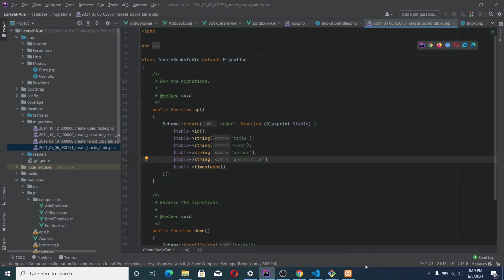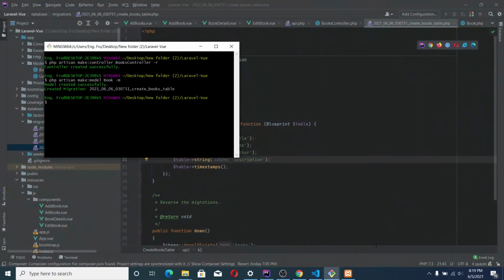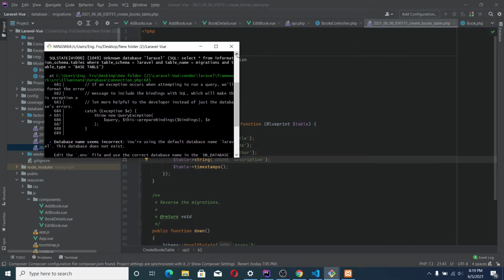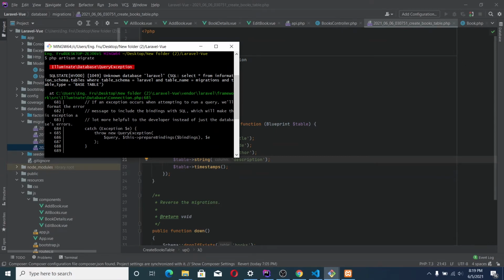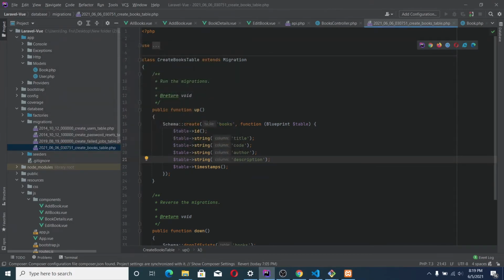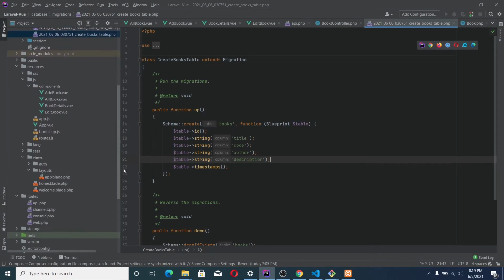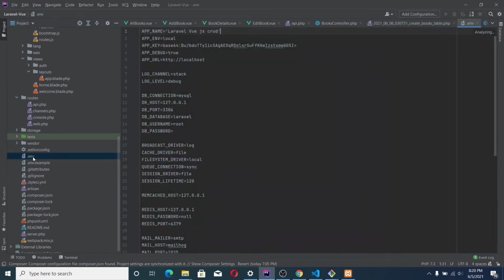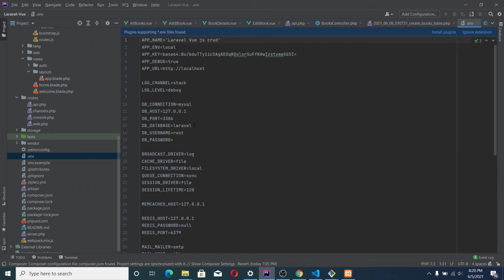Okay, so let's go and migrate, PHP. Oh, we have an error. For some reason it is using our, let's go to our .env file. Okay, we have not changed the name here.